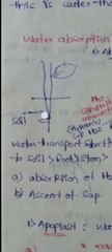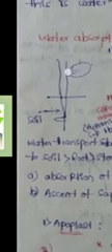Do you understand, everyone? So the first one means the absorption of water, which takes place from the soil to the root. This is the first stage. The second one is that once the water has reached the root, up to the xylem, it has to be transported upward, which is known as ascent of sap. Do you understand, everyone?